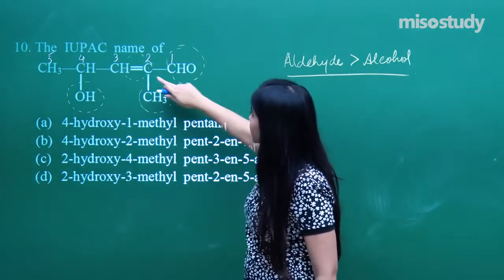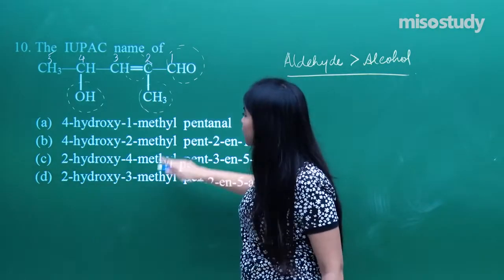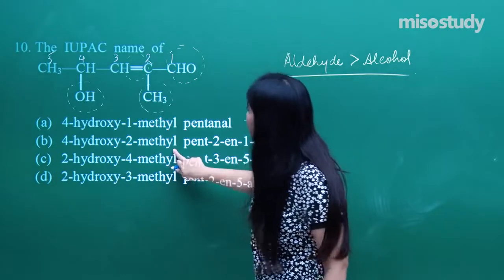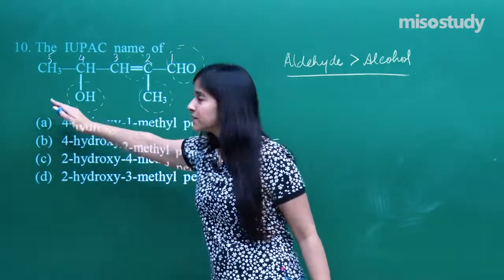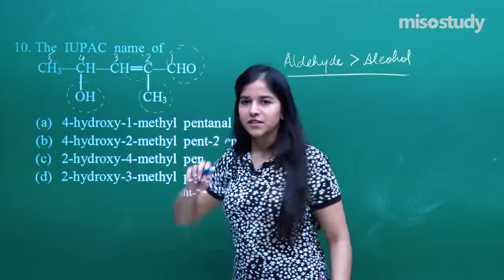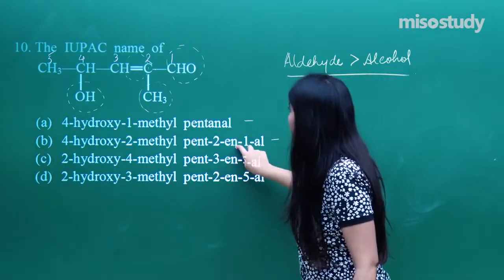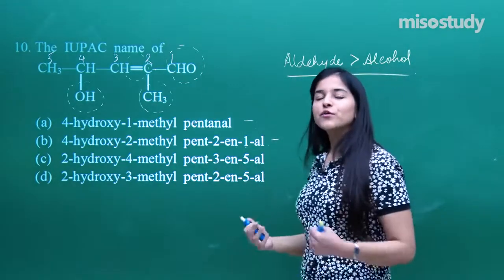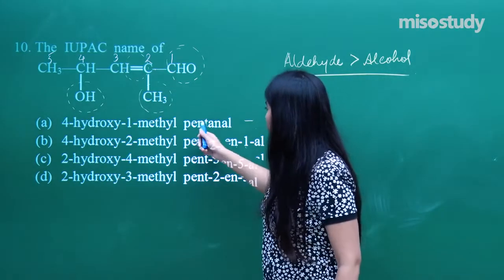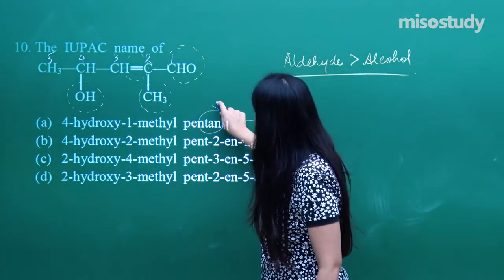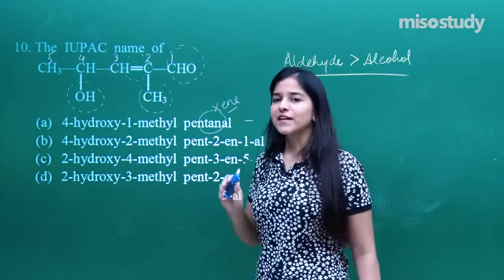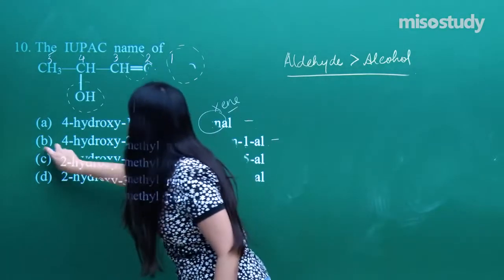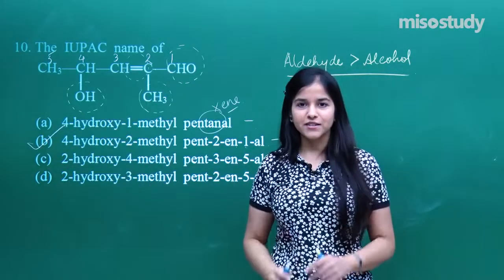And what else? I need to assign 2-methyl. So where do you see 2-methyl? Here we have eliminated the other possibility as well, 2-methyl. Finally pent, because we have got 5 carbons, and on the second I have got a double bond. That means pent-2-ene. Do not forget the functional group here, 1-al. So that is what we need to have over here, and this very option is incorrect because they haven't mentioned the ene here. So that is how we are going to eliminate our possibilities and dig out our answer. Number B is the very correct.